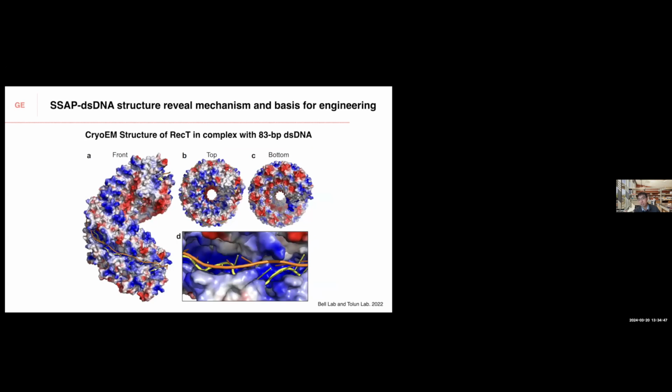And very recently, as we think about how to improve SSAP editing, we wondered what the actual three-dimensional structure of this SSAP is. As we were looking, luckily two labs published fairly recently the first ever SSAP structure in complex with double-stranded DNA. So you can see from this structure how the SSAP is able to anneal complementary DNA strands, essentially homology sequences. And you can see that they form this very narrow channel that allows two strands of DNA to be inserted